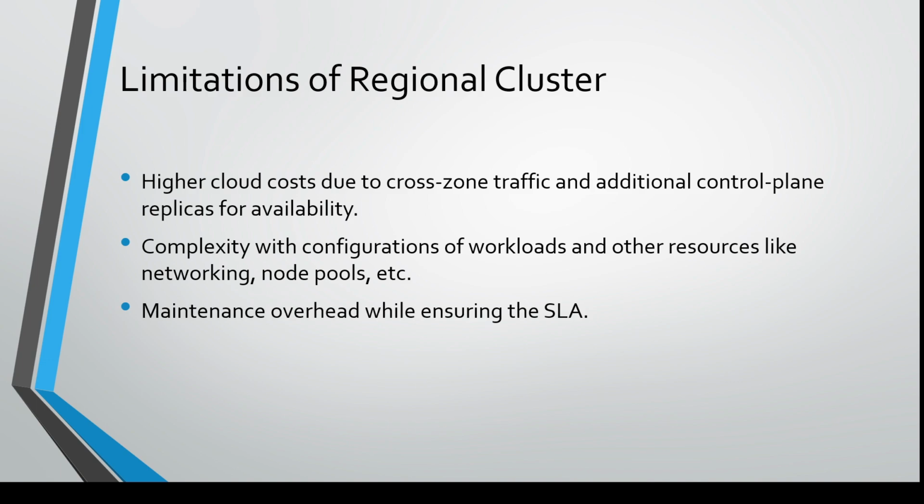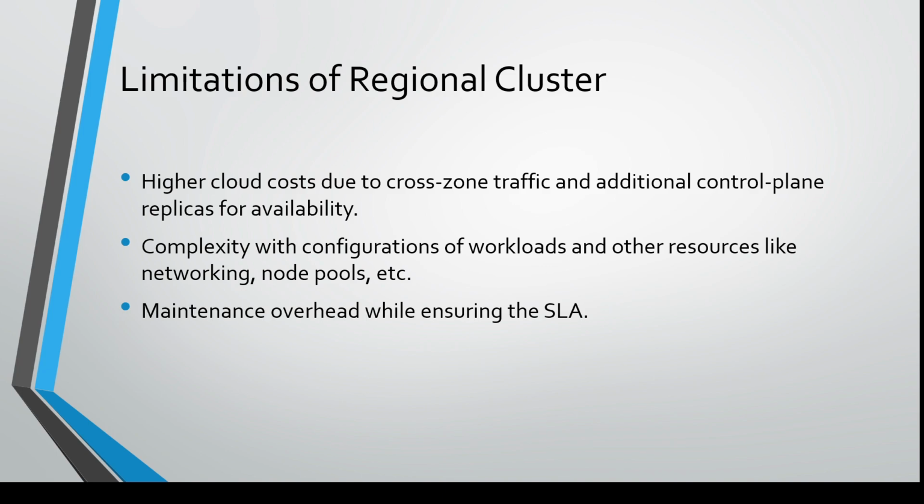So earlier in the zonal cluster types, you have only one replica per control plane, so you only pay for that. But here by default you have three replicas for the control plane, so that means you have to pay two times more money than what you will pay for a zonal cluster, right? So you will get higher cloud cost, including the cross zone traffic that we discussed in the multi-zone cluster